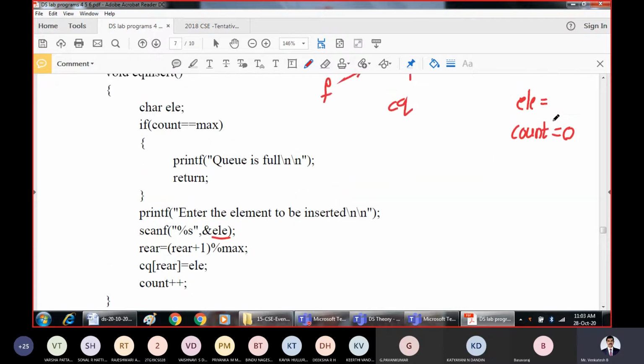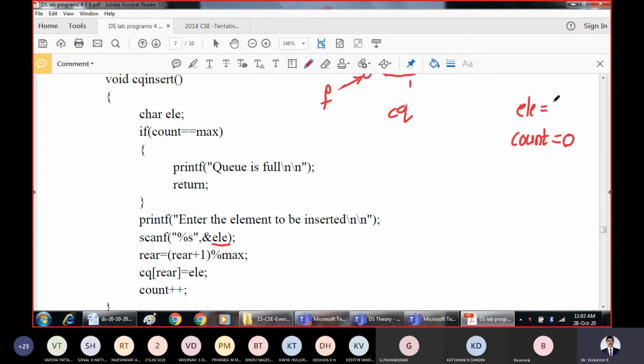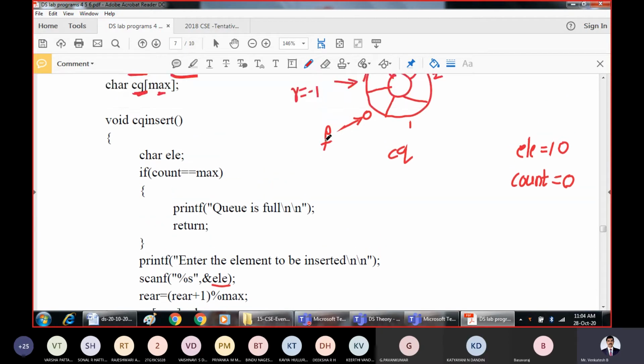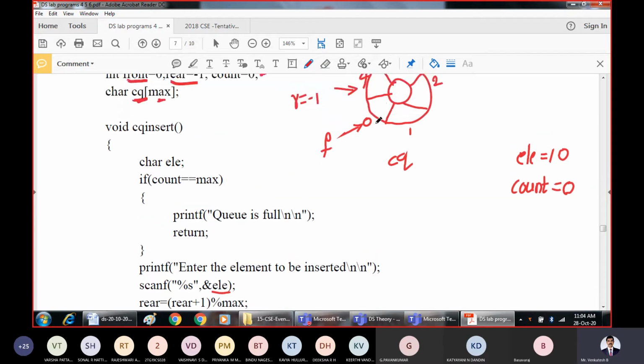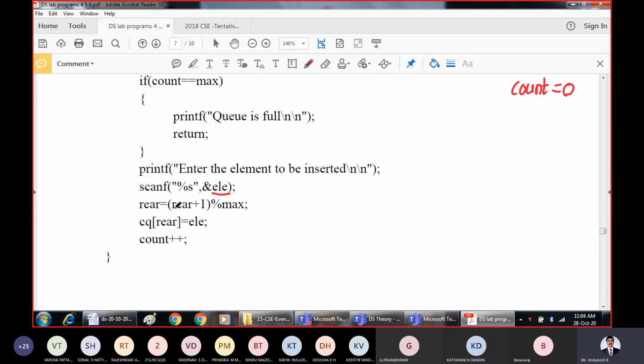Let us say you want to insert an element called 10 in the circular queue. That 10 must be stored at the appropriate location. Obviously, we should start storing from this location onwards.